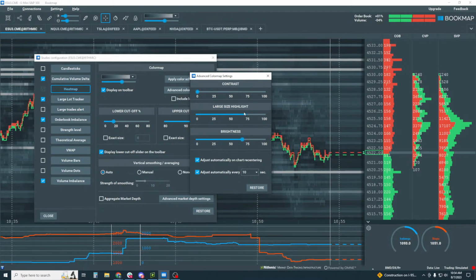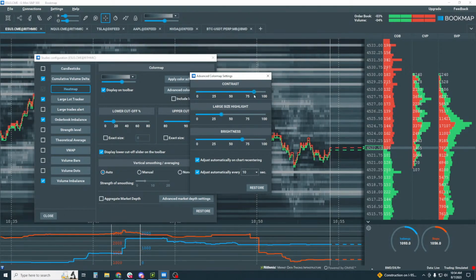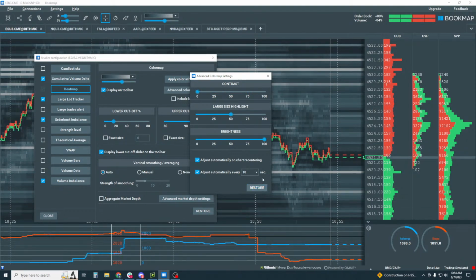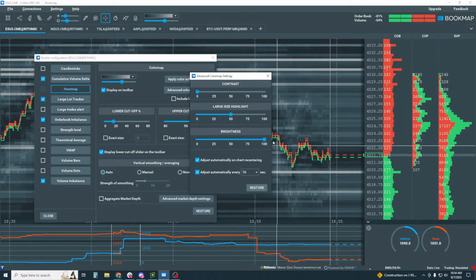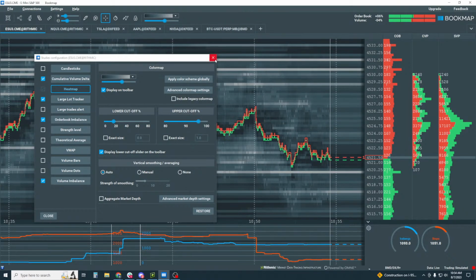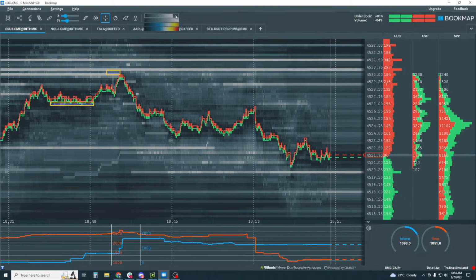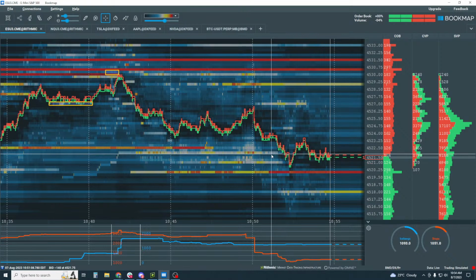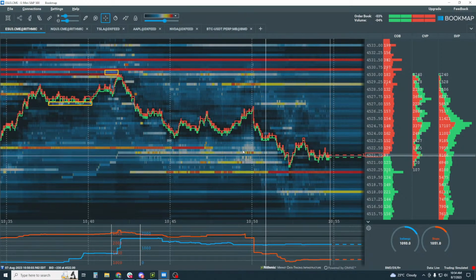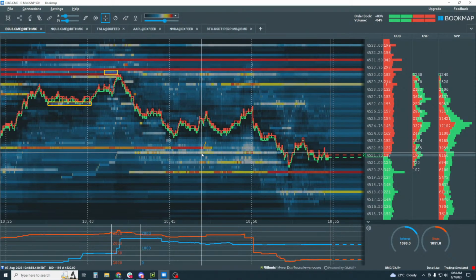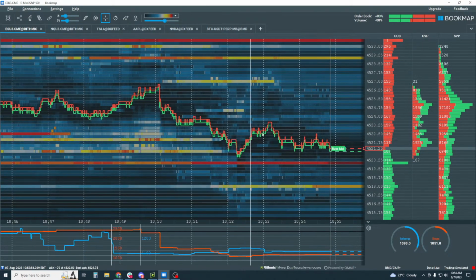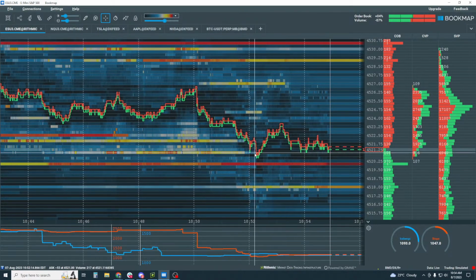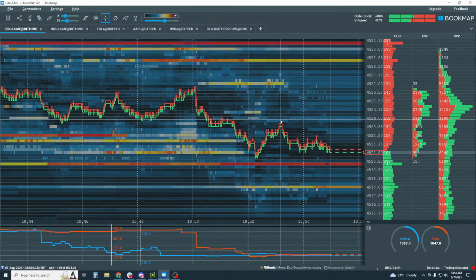So that's the advanced heat map settings in here. I never use these. The only time I ever use these is to demo them, to be honest. Since we introduced, I think around version 5 or something, 4 or 5, the color heat map in here, that basically fixed it, because now we don't have to worry about a grayscale. We have color, and a true heat map captures that data, that information.